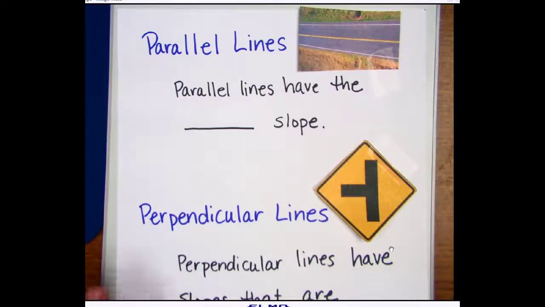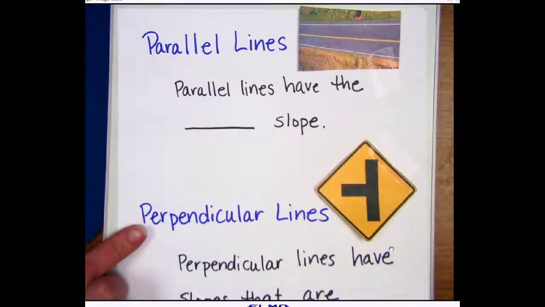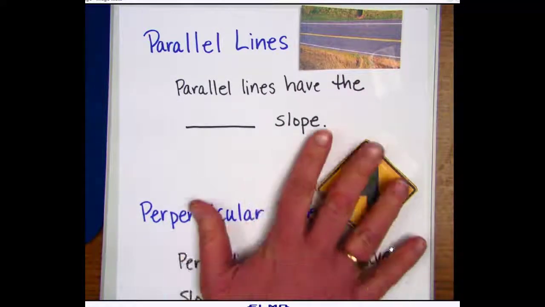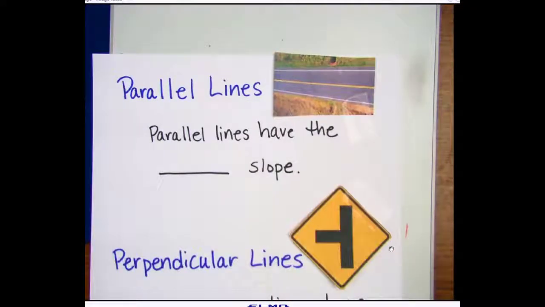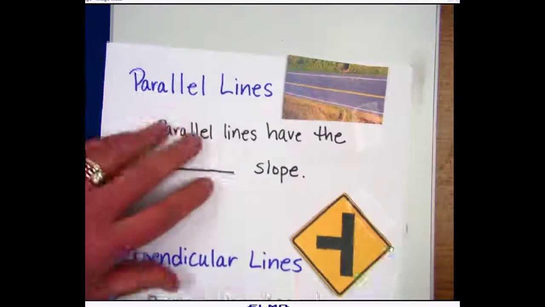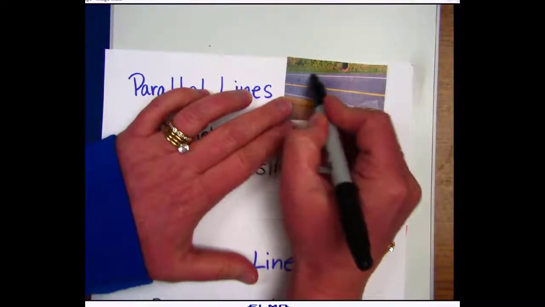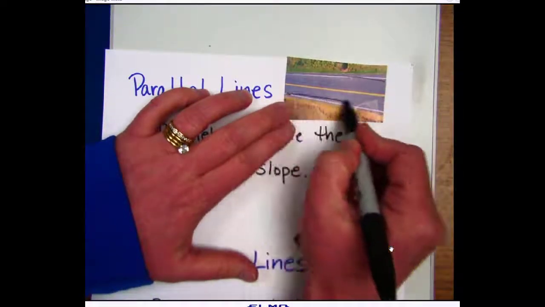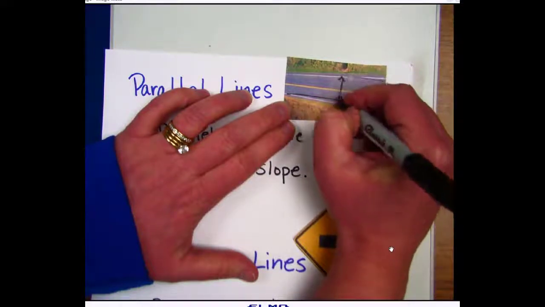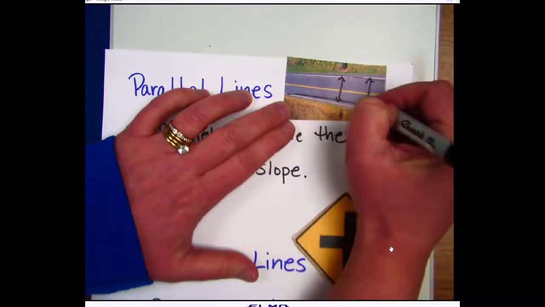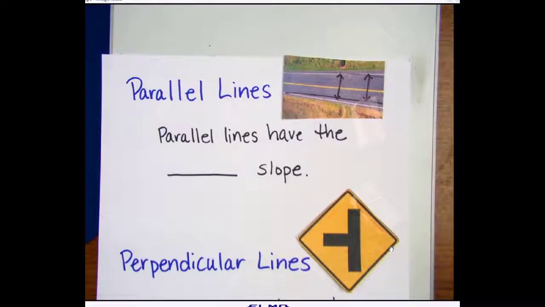In this video we are going to talk about parallel and perpendicular lines. So first let's start with parallel lines. When I think of parallel lines, I think of the side of the road. The left side of the road never meets the right side of the road. They stay the same distance apart no matter where we are. Otherwise, we have a problem. So that is what we mean by parallel lines.